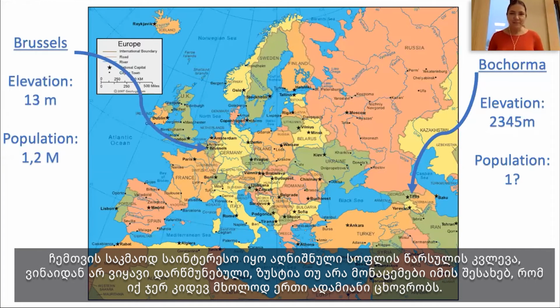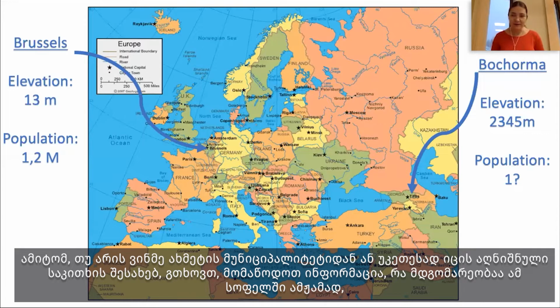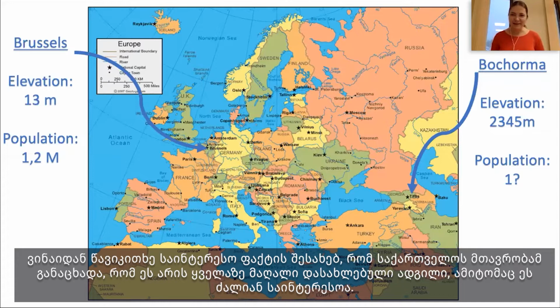This was just selected randomly to share the first letter. But as far as I explored the background of the village, it was quite interesting because the question mark behind the population is there because I wasn't quite sure whether this data that there is still one person living there is accurate. So if there is somebody from Akhmeta municipality and knows better, please feel free to update me. What is the current situation in this village? Because I read an interesting fact that the government of Georgia declared that this is the highest populated place. So it's also very interesting.